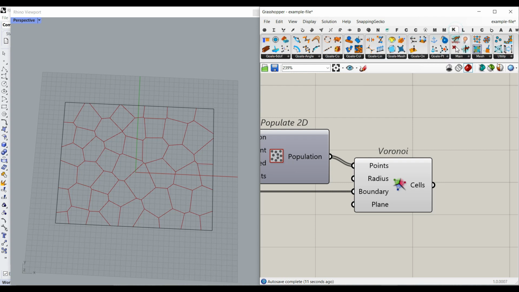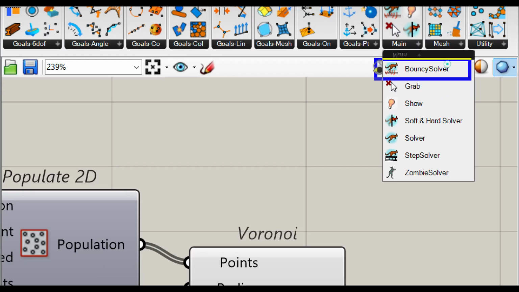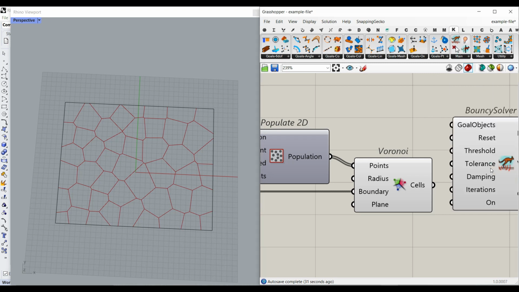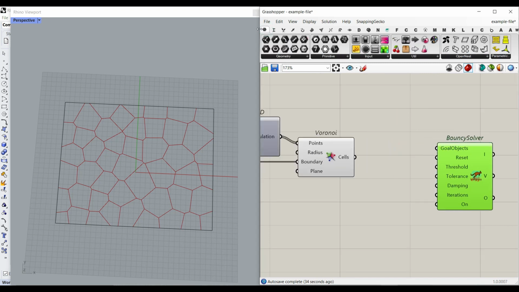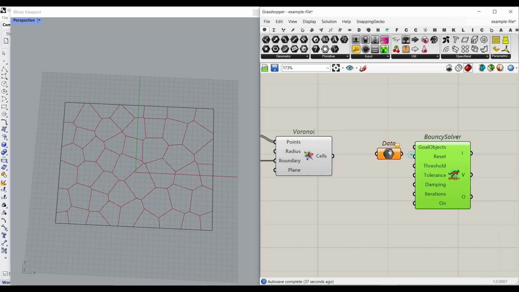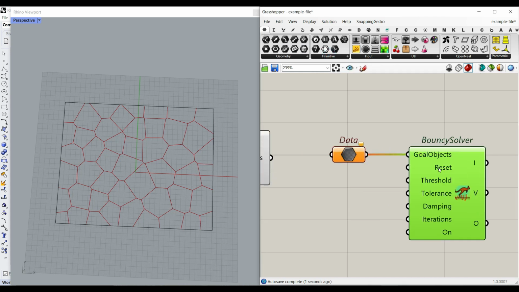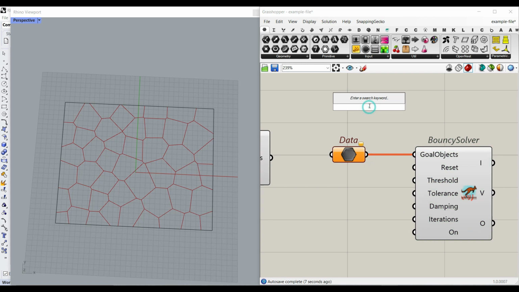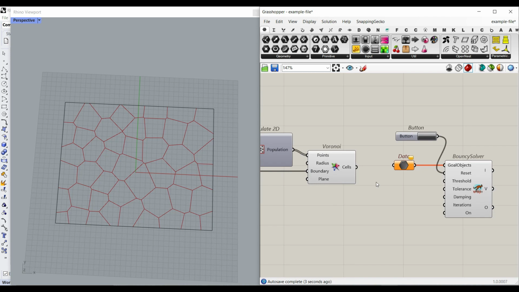So I'm going to go to the Kangaroo and use the main, and you can use different solvers. You can use the bouncy solver if you want to see somehow like an animation. You can use the solver to see the results, and a zombie solver is going to make it faster. I'm going to show you with the bouncy solver, then we can replace it with a zombie solver. So I'm going to go here, bouncy solver, and from the params menu, primitive data, I'm going to use that as a goal object. So whenever I want to change the solver, I can just change the output for this one. Okay, we need also a button to reset the solver,